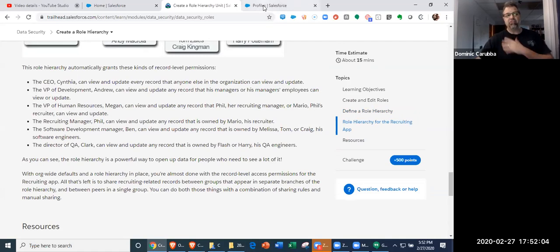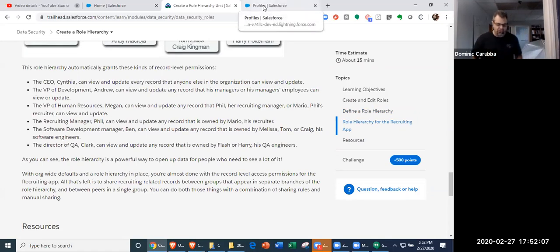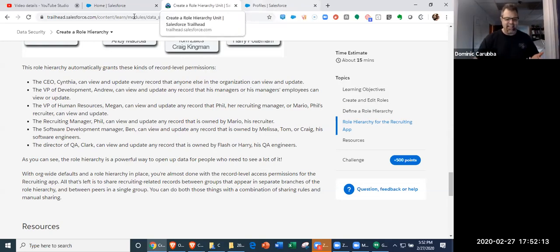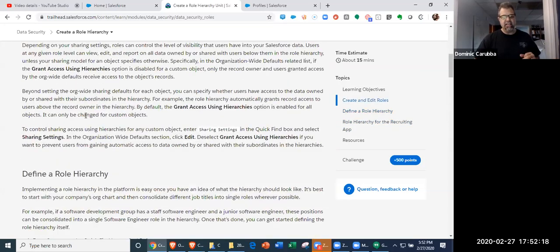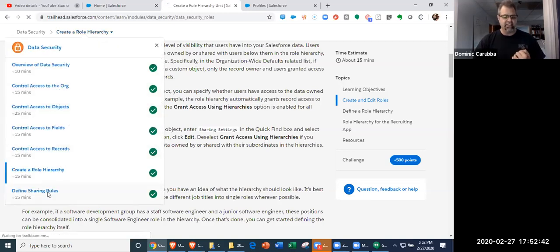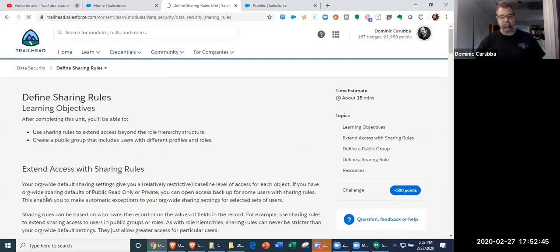which sets up a couple of things that we haven't talked about yet. We'll set it up so that you can get your hands on it and understand that records roll up the chain. But there's something that I don't know if they've covered. I haven't seen it yet in this description. And that is the account, contact, opportunity, case relationship. That's a little standard inbred little family. So there are rules around those specific objects that are impacted by the role hierarchy, which we'll talk about when we do that as well. And then the last piece we'll cover on Monday is the sharing rules,